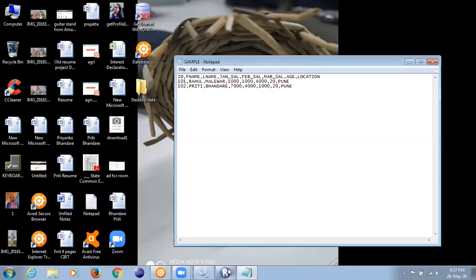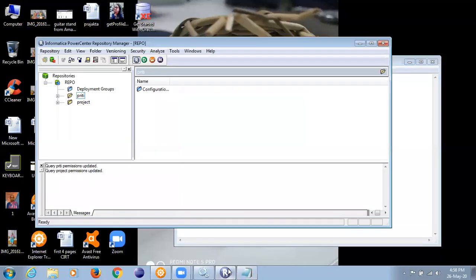So now there are 3 steps which are involved in this. First is to design the logic, that is the flow. The flow will be designed in the designer. Designer is a screen where we design the ETL flow. So we define the source, we define the transformations, we define the target. That is what we do in the designer.